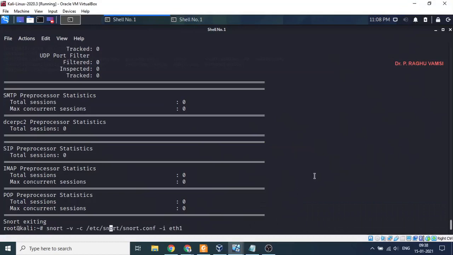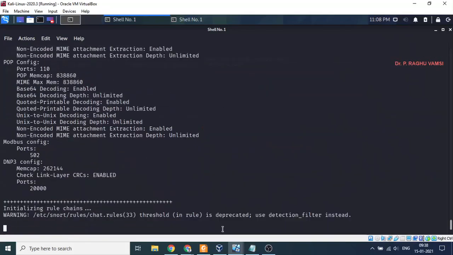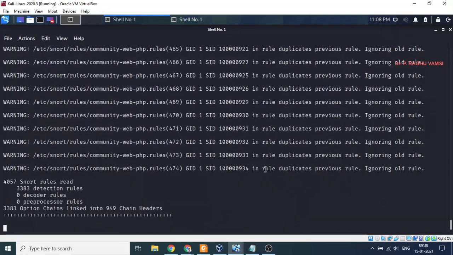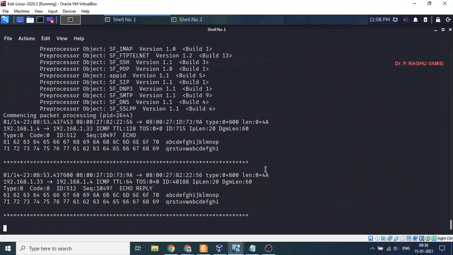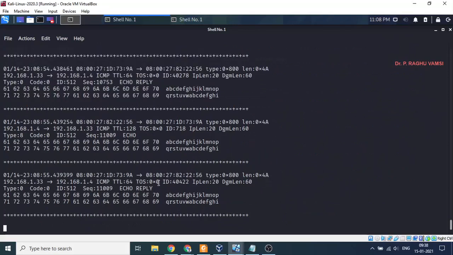So -e is for Ethernet data, -d is for the user data. Now you look here, you are getting the user data and also Ethernet data.